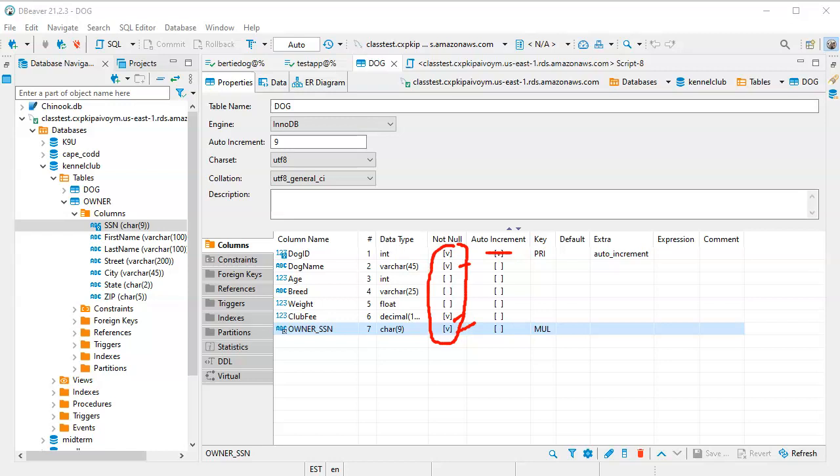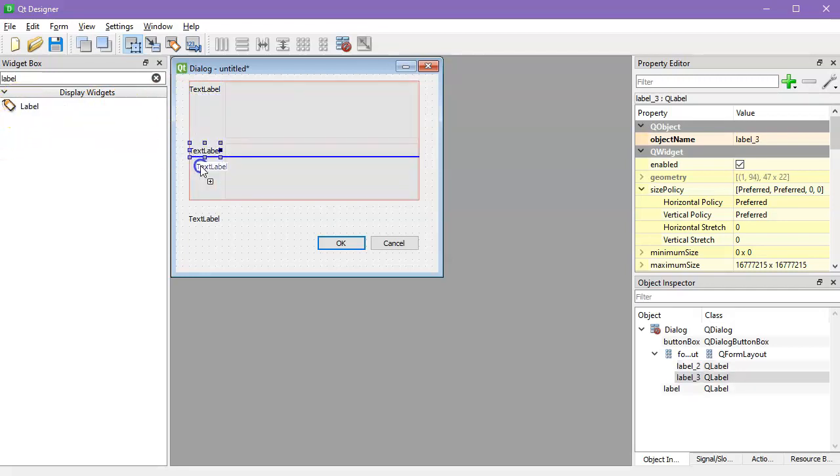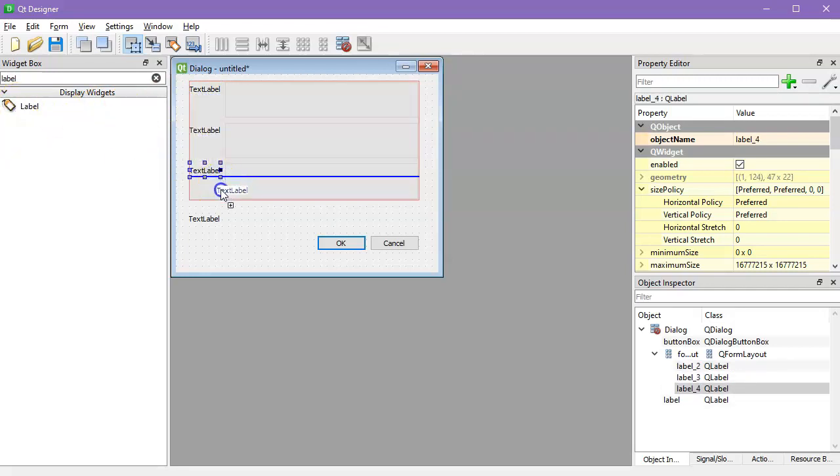And we'll look at that in more detail later. But for now, you need to look at your own table and see which column has this restriction so that you can handle it in your code properly later. So now we're back in the designer. I'm going to put 6 labels for the 6 columns that I'm going to request the user to supply. So 3, 4,